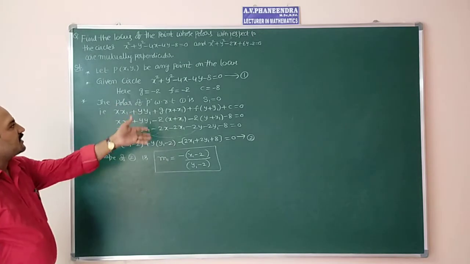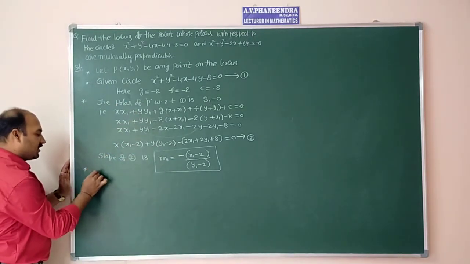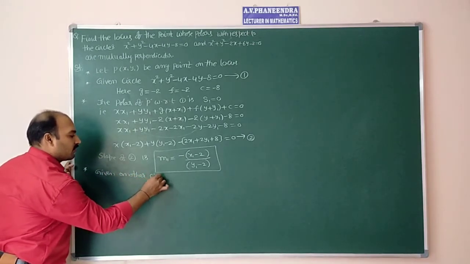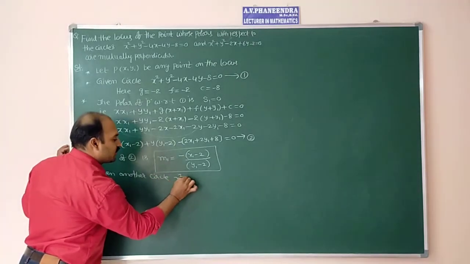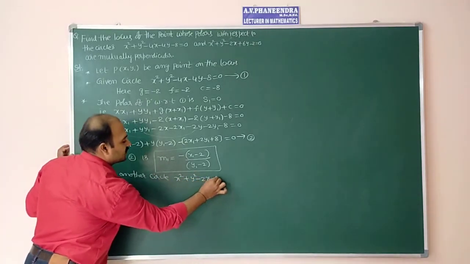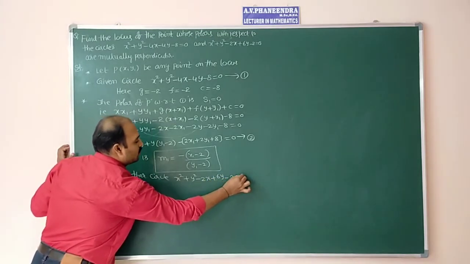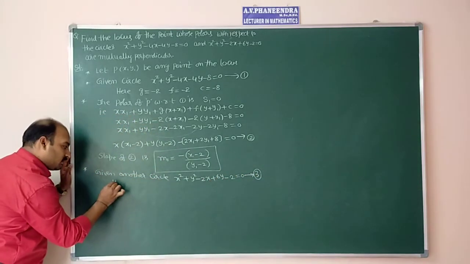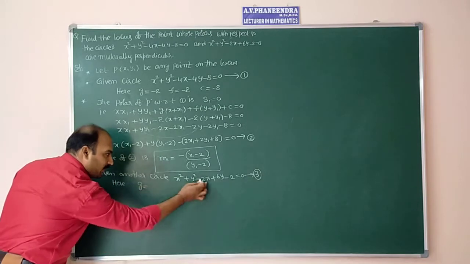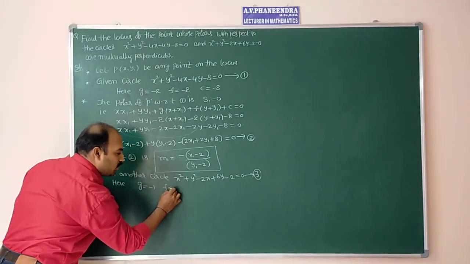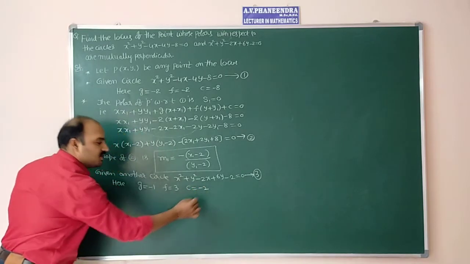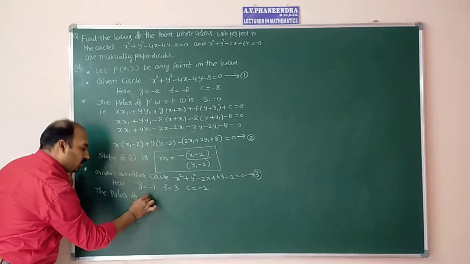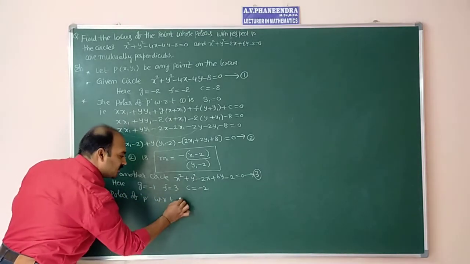Similarly, the same procedure for the second circle. Given another circle: x² + y² - 2x + 6y - 2 = 0. Equation number 3. Here write the values of g, f, c. 2g = -2, so g = -1; 2f = 6, f = 3; c = -2. Now the polar of P with respect to equation 3